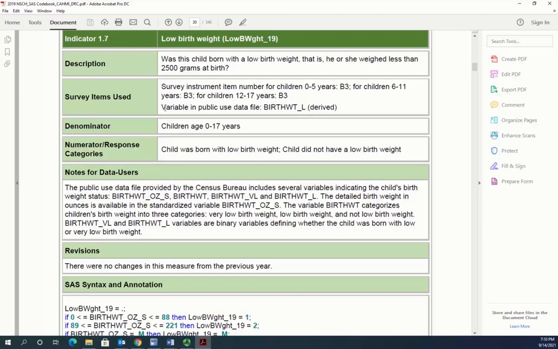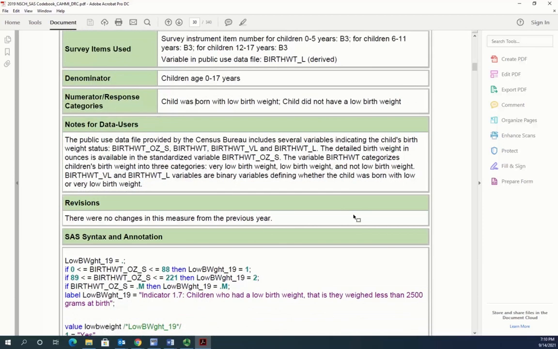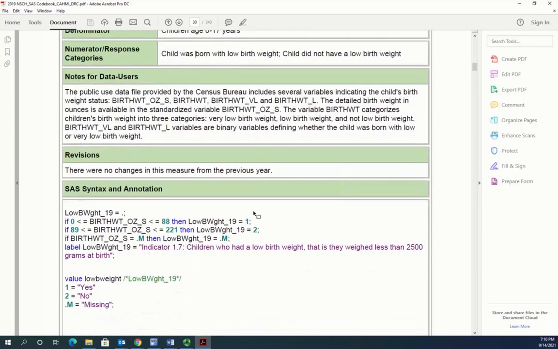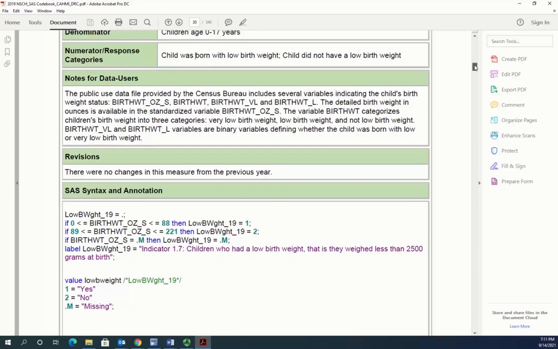So this is the variable name in the data set. The age group over here is 0 to 17. And then the response categories. So what were the options that were given? And again, you can see they have given some SAS syntax and annotations. You can go through this file based on which particular variables you are interested in working with, and then choose